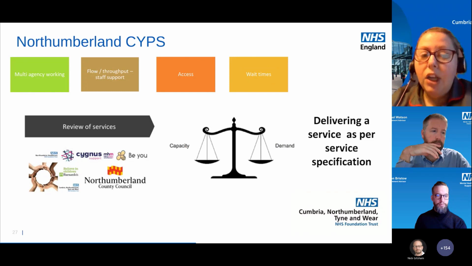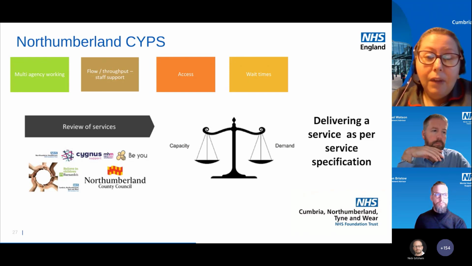getting more help service. So what we needed to ensure is that we have the services at the beginning of the pathway and from a crisis perspective. So everybody working together, working with our voluntary sector, and really reviewing our service criteria and ensuring that they were all aligned. The next thing we had to do was look at the capacity.